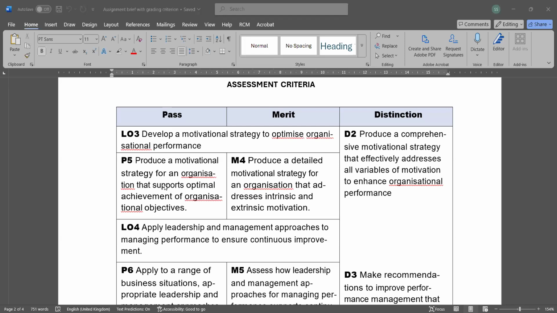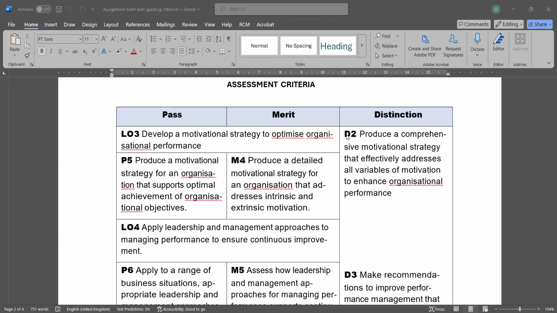But if you design it a little bit deeper, and you use intrinsic and extrinsic motivational factors, showing how you can use these factors to enhance organizational performance and at the same time achieve the organizational objective, then you will achieve M4.